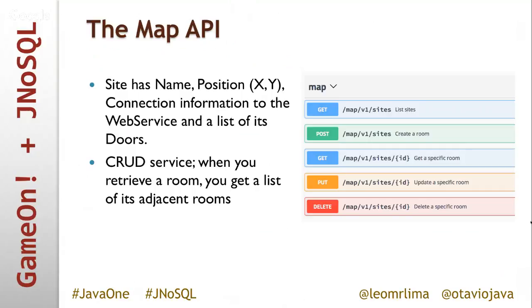And because we're talking microservices, we have a map API which lists the services that we are serving to others. It has pretty much CRUD-like get, put, delete, and post for creating, deleting, and all that with a room. And what is really interesting is listing all the sites and, given a room, getting the neighbor information. So from a room, you can go to north, west, south, and east locations, and the navigation is handled by the other services. But the map is responsible for storing the relationship between every room.